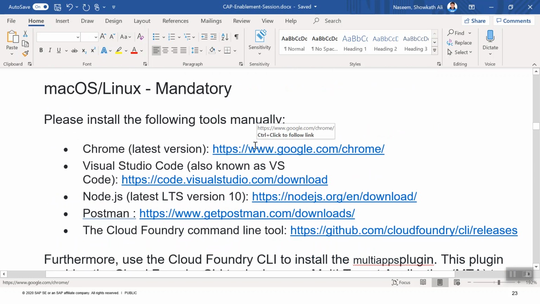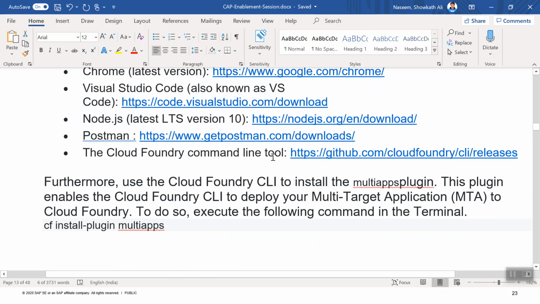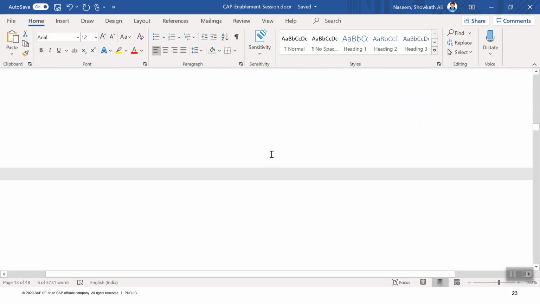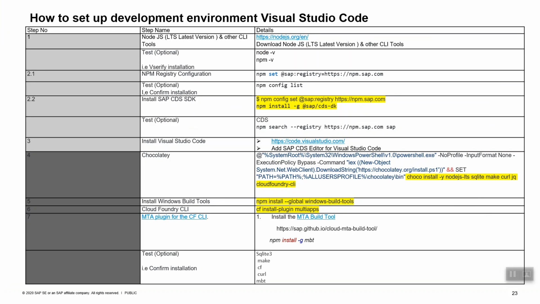So if you are using a Linux or Mac machine, you have to install these tools manually from this website. I will add these links also to the YouTube description. So we already installed this. So what is the next step? So next step is